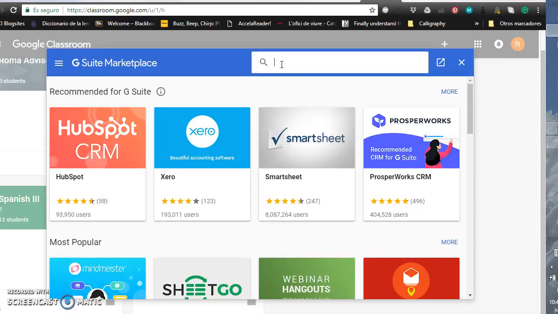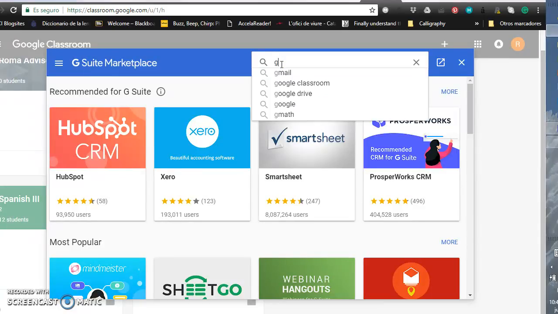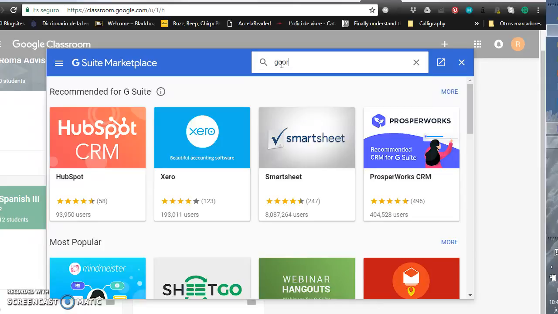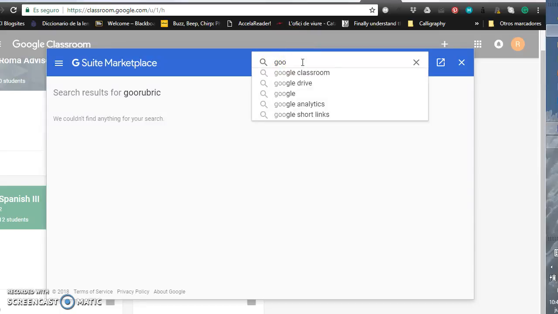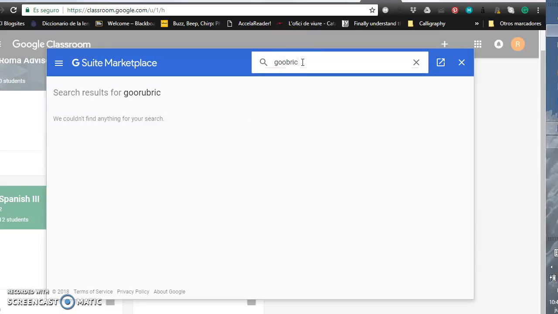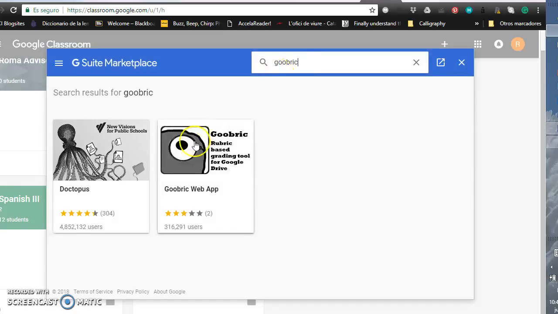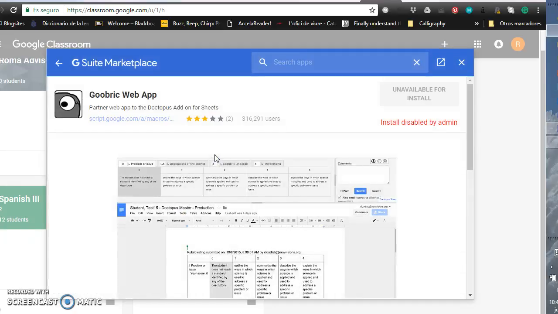So once I'm in the Google Marketplace, I look for Gubrick, which is rubric for Google, and you will see how, oh, Gubrick, I did not spell that right. So okay, and here it is, and you can see that this app, I cannot download it, but you can